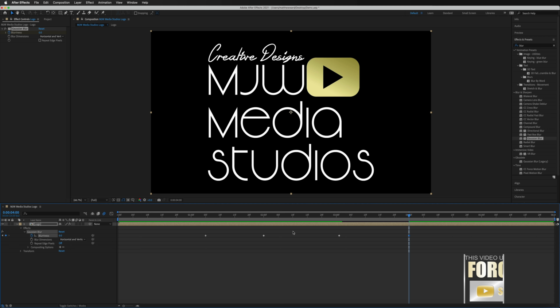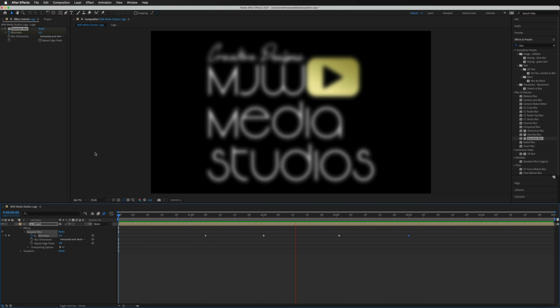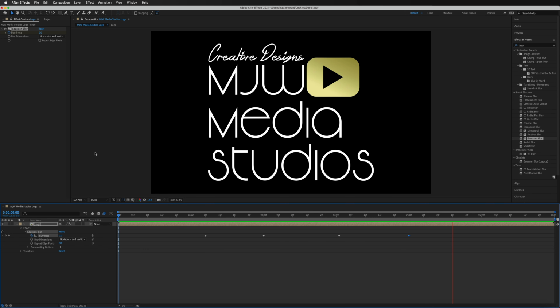Occasionally you are going to have to add additional keyframes in here to get certain effects. So if we just play this back now, we can see how it all comes together. It's fading in and it fades back out again. At this point, I think we're going to put maybe a little glitch on it just to give it that glitch effect. And then we're going to have that animate back out again.